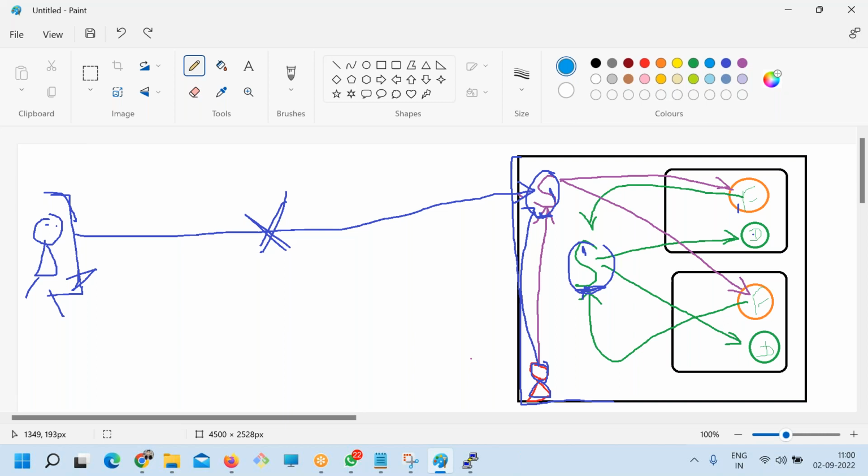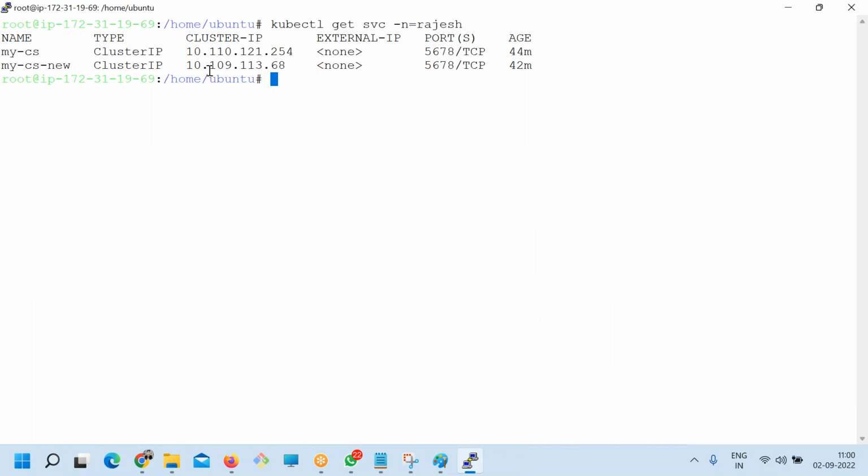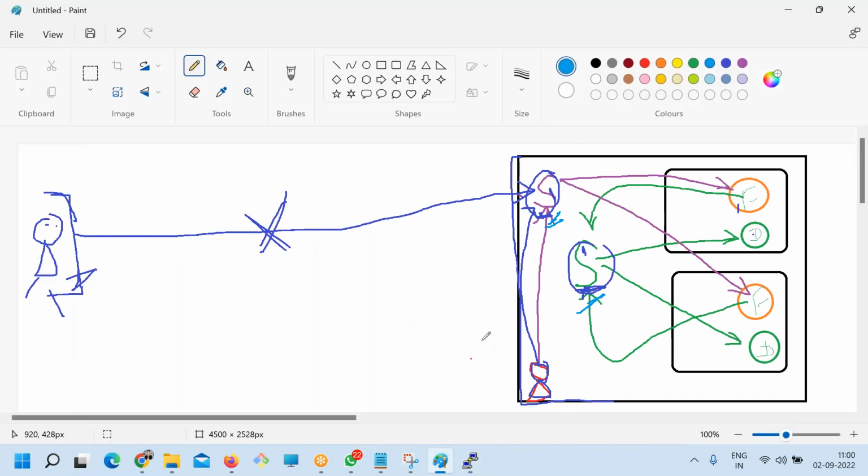So something similar we have to do today also. This service is accessible only inside a cluster. That is the reason we call it a clustered IP service. But the moment we expose the service, we expose it at the node port. Yes, pod can be exposed, service can be exposed.